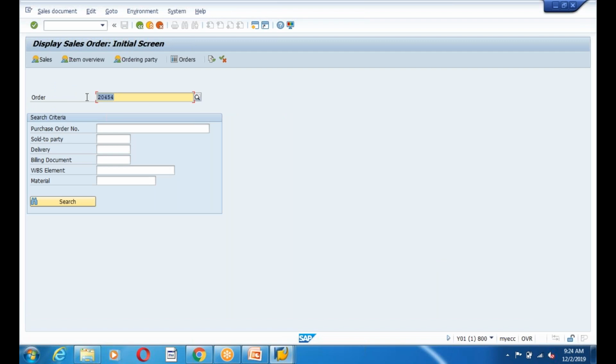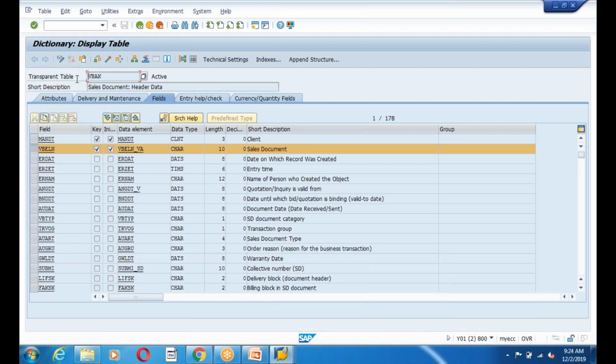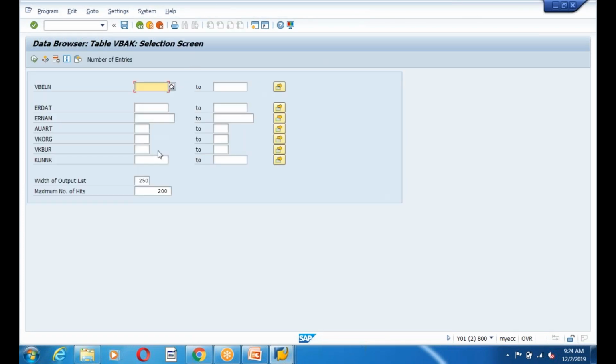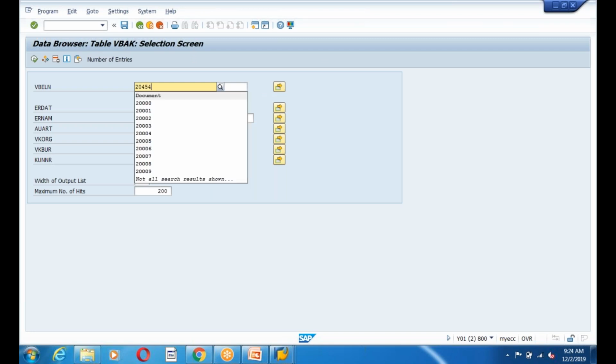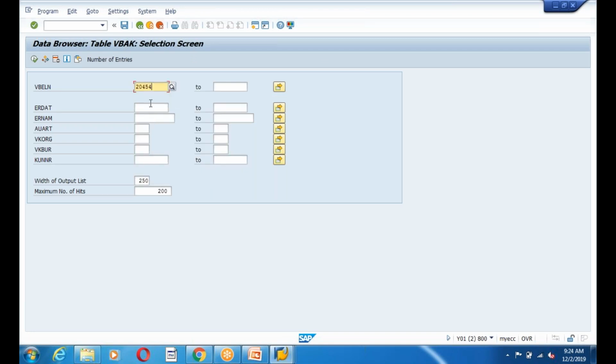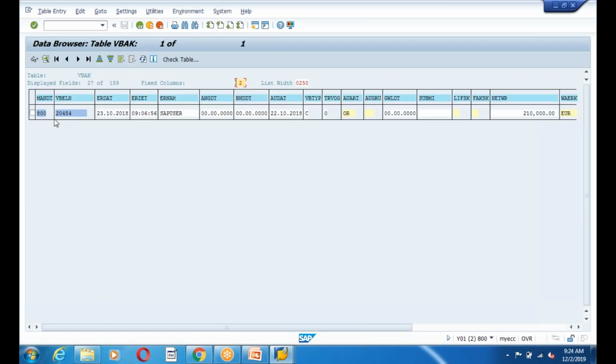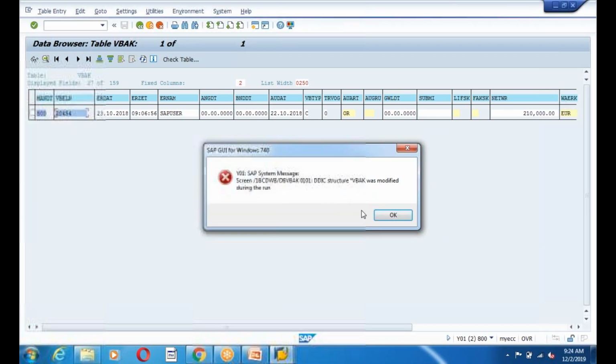This is the number which I have created. Can we have one more sales order with the same number in the database table? No, it's not possible. So sales order number is the key field in the VBAK table, guys. So maybe I can display that sales order number. Now you can see 20454. That is what we have created just now. We have created a sales order that is stored in the VBAK. See, execute. See, guys, the sales order number is saved in the database, and this is the record, guys.